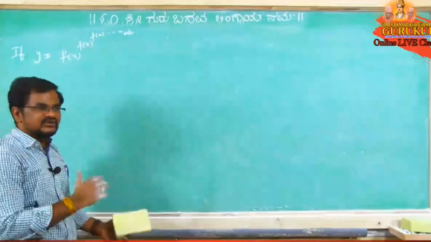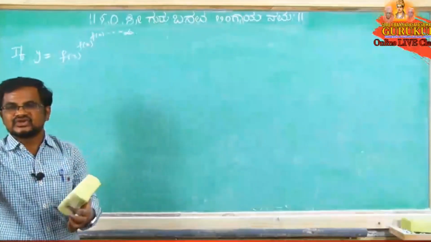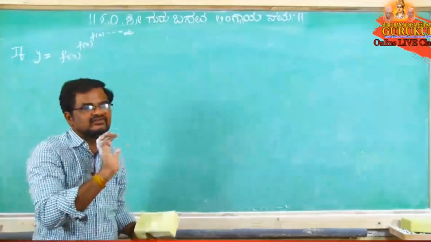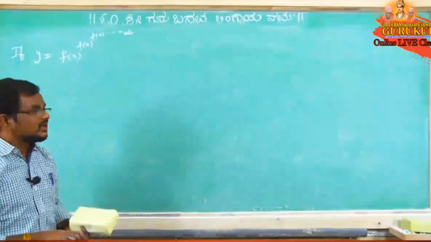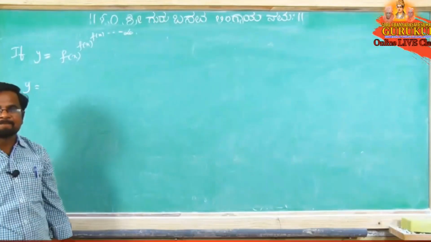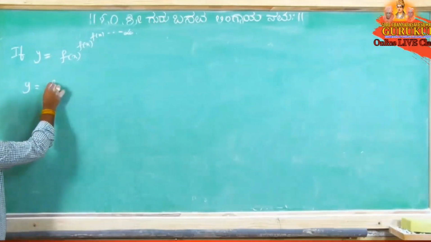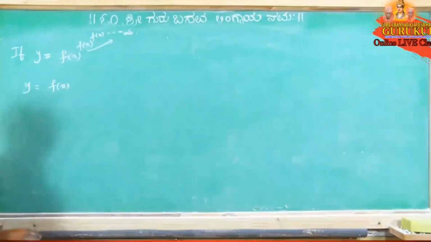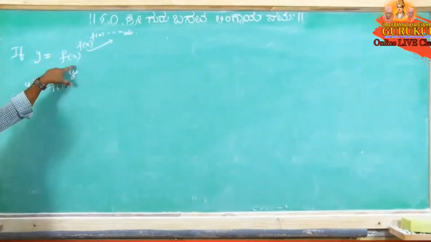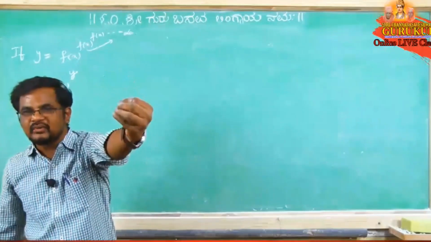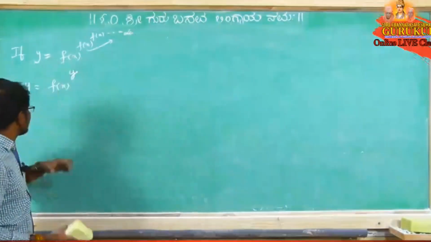In the previous class we took functions like this approaching infinity, meaning from where it is repeating, that part again we have to take as the given function, that is, y. So y equal to f of x to the power of y, since from here it is repeating. Now observe, it is in the form of the same previous concept only, f of x whole to the power of g of x form.